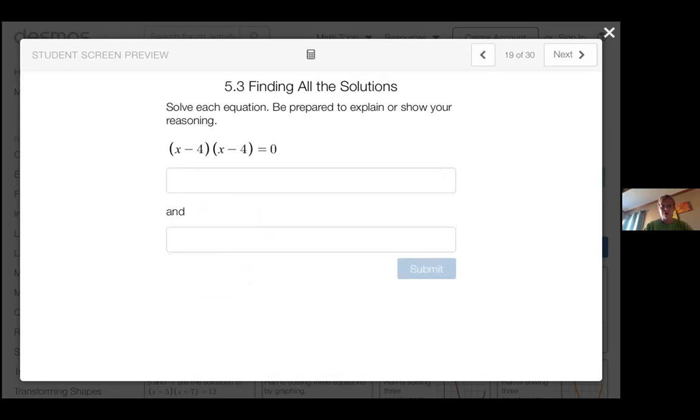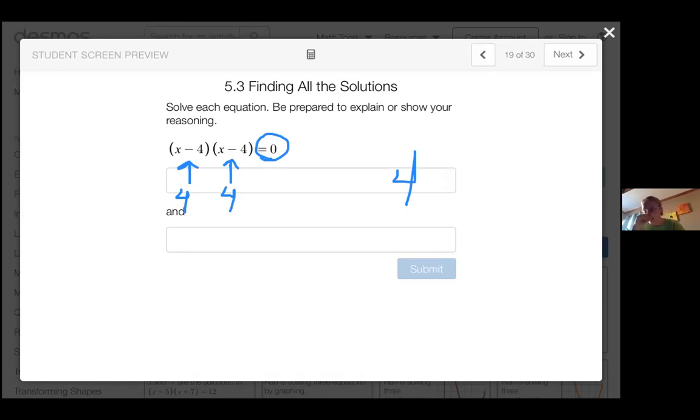All right, we have zero product property. You see how this is equal to 0? If this is equal to 0, which is what we have here, we're just looking for when each one of those equals 0. In this case, that would be 4, because 4 minus 4 is 0. So you really only have one solution here, just 4. If you wanted to write 4 twice, be my guest, but 4 is only going to happen once